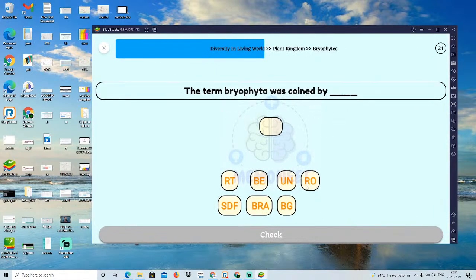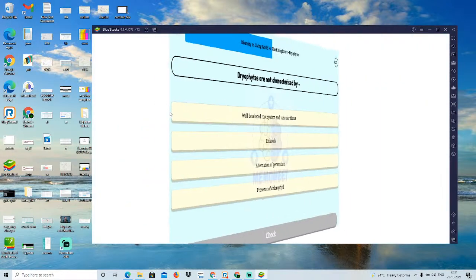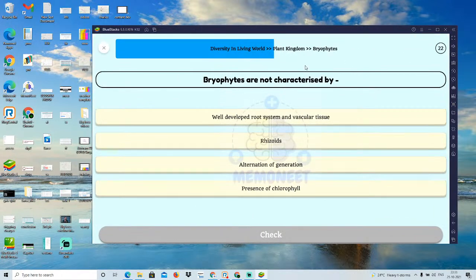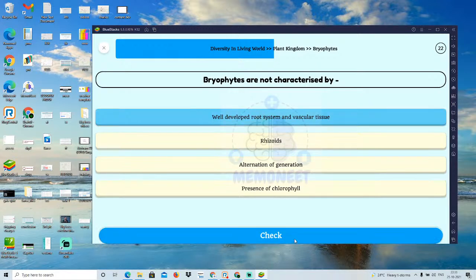So the term bryophyta was coined by, I don't know. We'll just skip this question. So bryophytes are not characterized by well-developed root system and vascular tissue. Alternation of generation, presence of chlorophyll, rhizoids. They don't have a well-developed root system. Yeah,